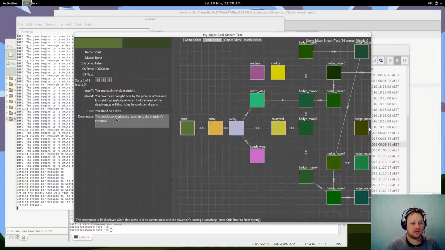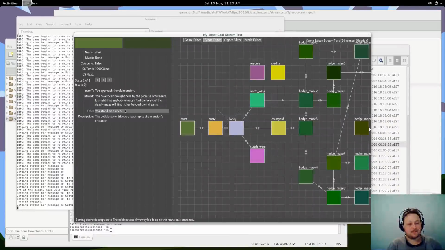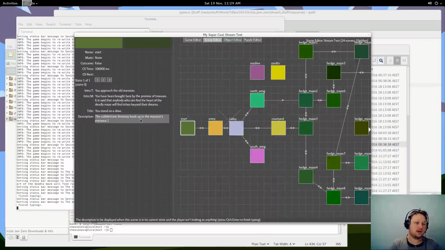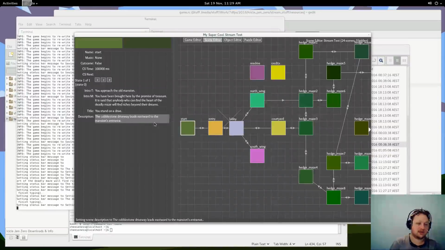The title and description are what's shown after you've clicked through that intro message, when you're not looking at any objects in the scene. I would say it leads eastward to the mansion's entrance. And then the nice thing there is that